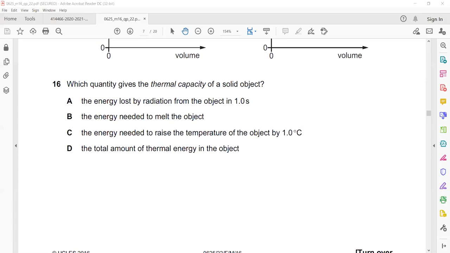So thermal capacity is the amount of energy required to change the temperature